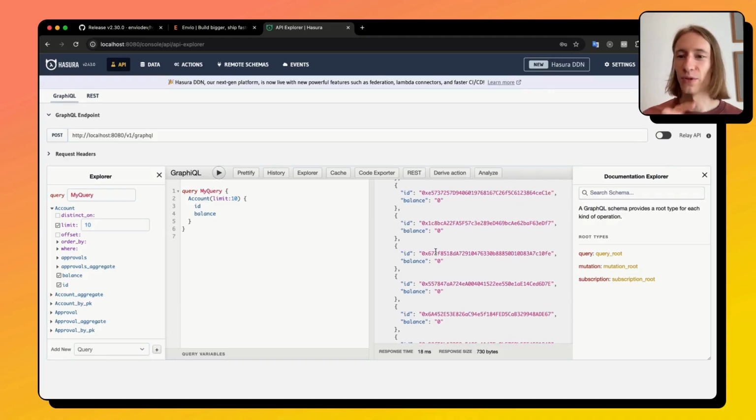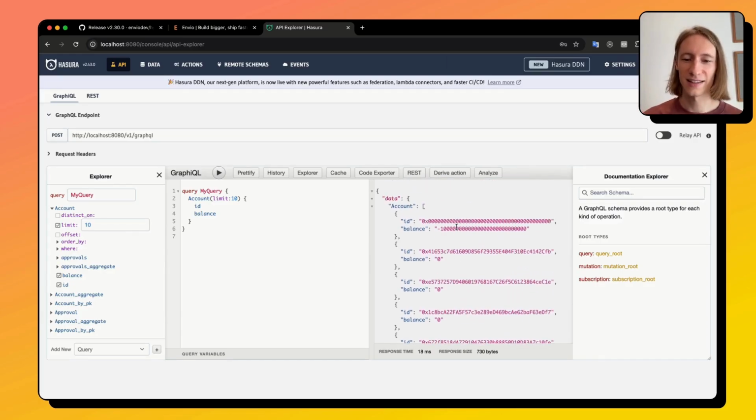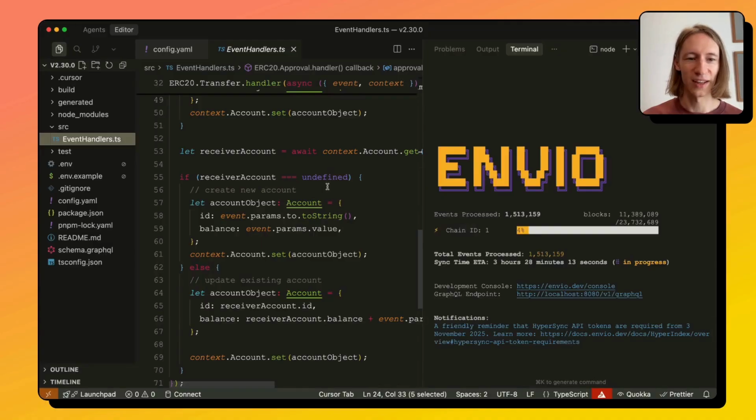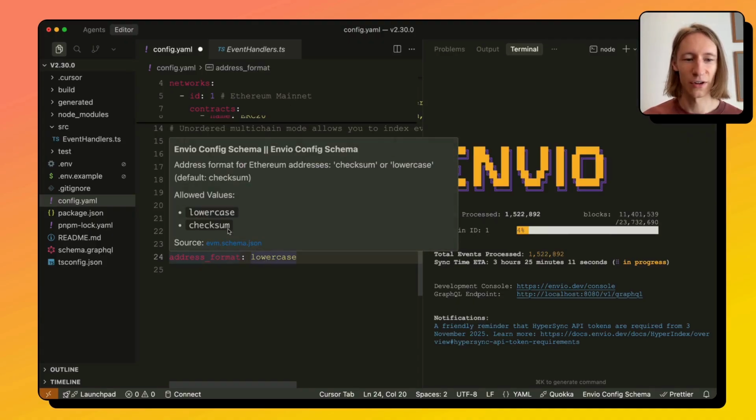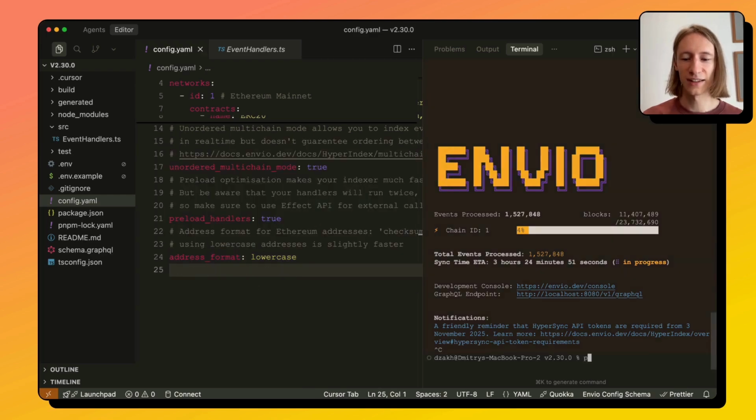But for example, if you want to have exactly the same API as SubGraph, or you have some logic which relies on lowercase and you want to lowercase all addresses you work with in HyperIndex, you can do this in config. So you go to config.yaml, and here there is a new address format option where you can set lowercase. There are two options, checksum and lowercase. So let's set it, and